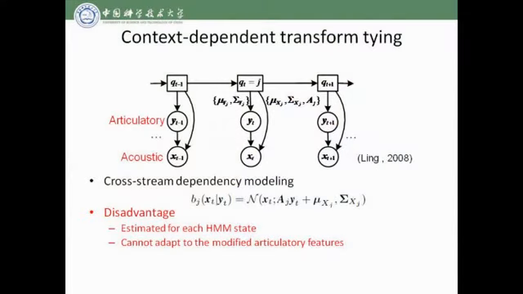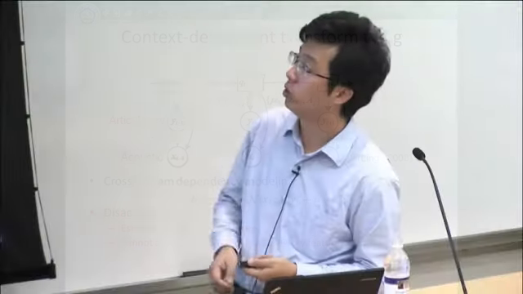In terms of the cross-stream dependency modeling, we have proposed two different kinds of methods. The first one is the content-dependent transform tying. Here, we can see this conditional distribution just describes the relationship between acoustic and articulatory features at each HMM state. Here we use a linear transform